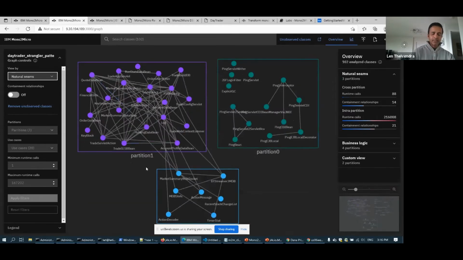And so what natural seams partitioning does is MonotoMicro just takes the business use case logic partitioning, where it's considering the run use cases, but also takes into account existing dependencies in code and tries to group any classes that have dependencies on each other, like class containment, into the same partition. And this can lead to a more conservative partitioning, a less disruptive partitioning, larger partitions, but maybe not as useful